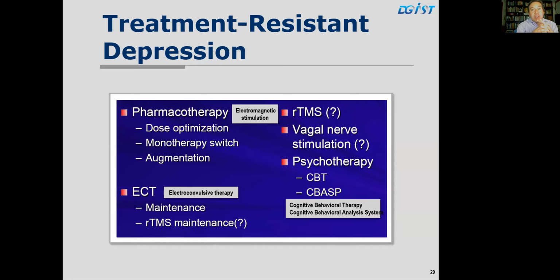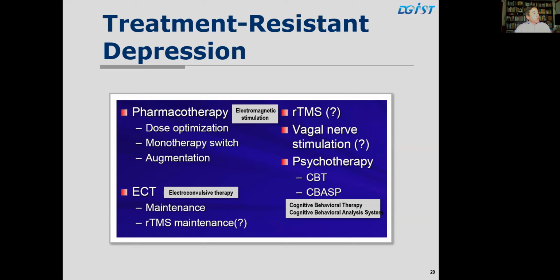So in treatment-resistant depression, when we say treatment-resistant, we say essentially talk therapy and drug therapy, first-line drug therapy that don't cure the depression. We call that treatment-resistant depression. So we need to either enhance the pharmacotherapy, enhance the drugs, or progress to what's called electroconvulsive therapy. In terms of pharmacotherapy, we might change the drugs, we might increase the doses, and so on and so forth.